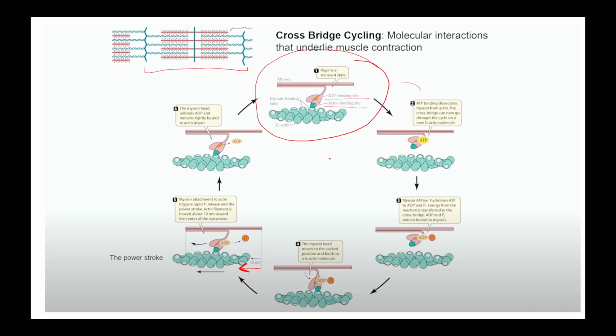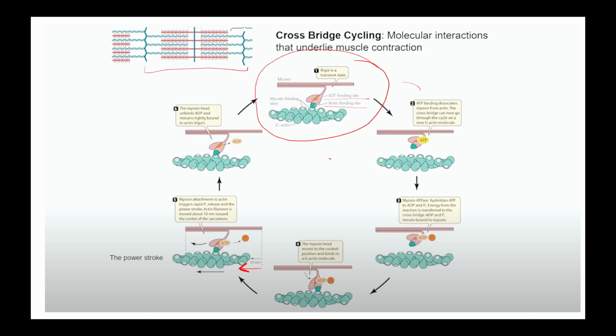Then again one more ATP comes, and the cycle starts again, and that movement closer toward the sarcomeres takes place, and that is how the muscle gets contracted. Each ATP causes the movement of the actin and myosin towards the sarcomere by about 10 nanometers. So that is how the